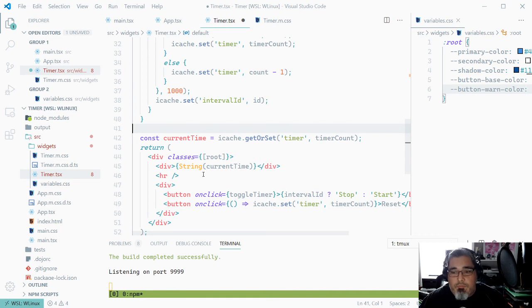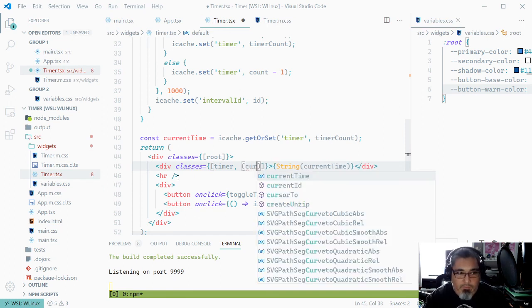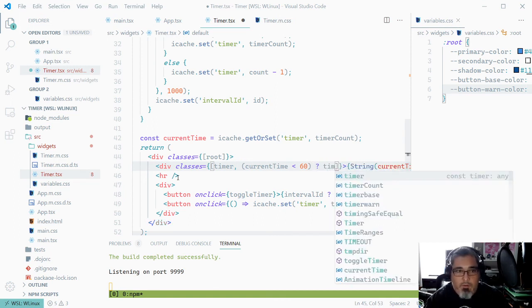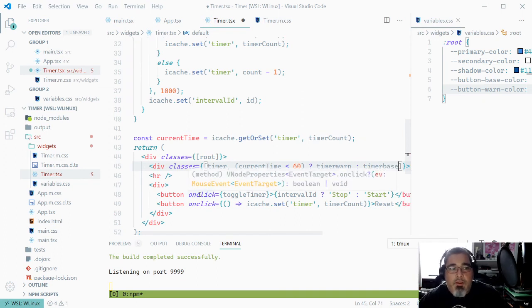The actual timer. So this one has a little bit of logic built into it. So what I want to do here is I want to say that, of course, I'm going to get timer, but I also have the warning and the base colors in here. So I'm going to do this. If the current time is less than 60, then I want to show the timer warn. And if not, then the base color. Right, so that's whether it's going to be green or whether it's going to be